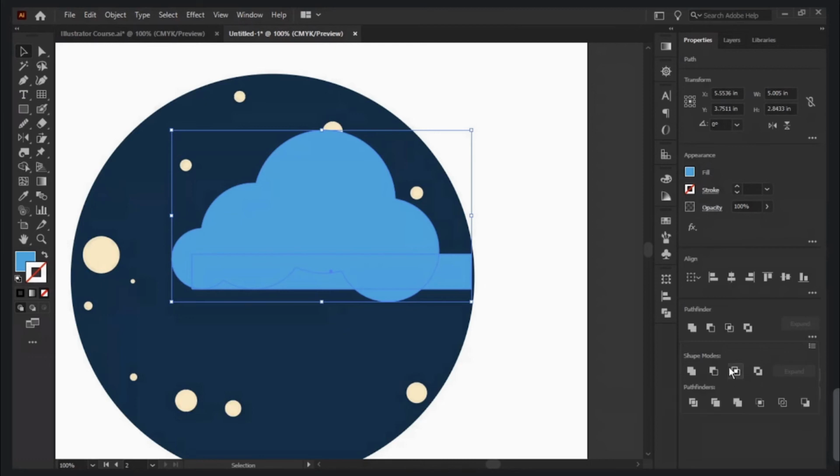So the moment I click Divide, I'm not going to discuss all these parts. It's kind of similar to these options you have here. So I would implore you to play around with it at your own leisure time so you understand how it works. It's very straightforward: Trim, Merge, Crop, Outline, and Minus Back. But the one that I'm interested in as of now is Divide. So the moment I click Divide,